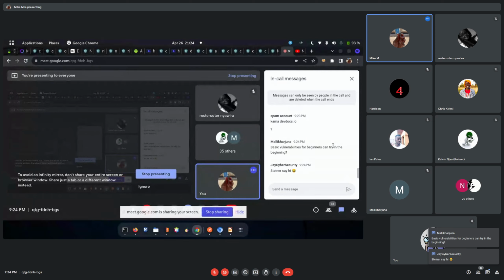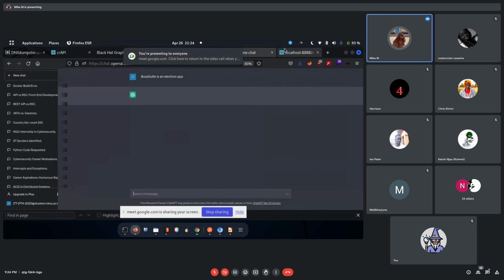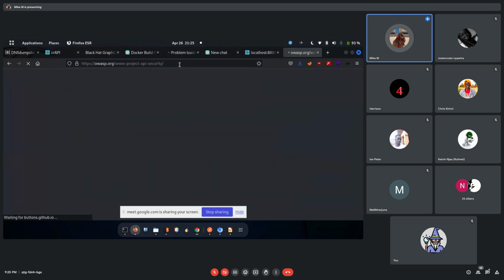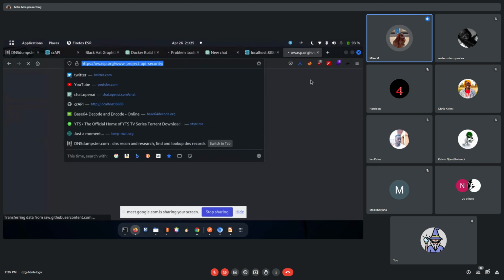Basic vulnerabilities beginners can try in the beginning. For APIs, there is nothing hard in APIs. There is technically nothing hard. Most of the time, it just includes changing just one parameter and you are done. If you reference from the OWASP top 10, I guess I sent that. If you reference from this,